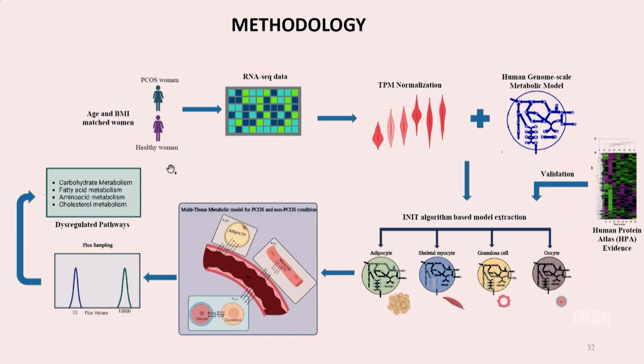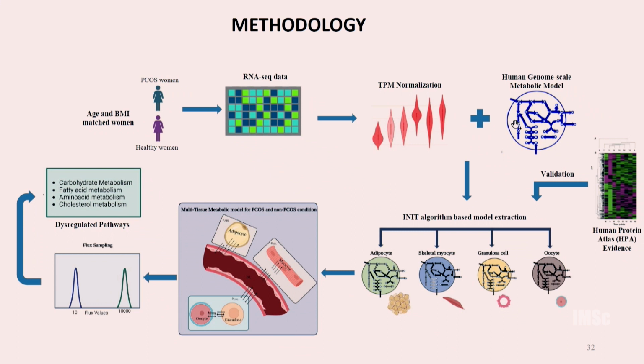So we went to the literature, found some data sets which are actually age and BMI matched for the women, and we found healthy women and the PCOS women together. And we got some transcriptomics data. One of the challenges here was the data coming from different sources, so we have to normalize somehow. So we tried to come up with something which helps us to normalize in a logical manner, and we combine